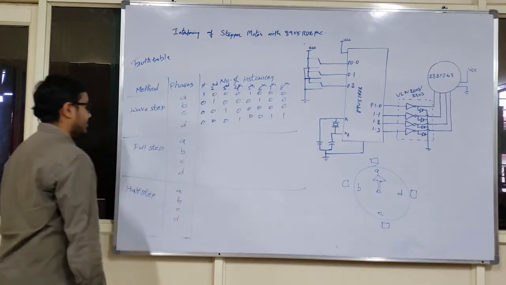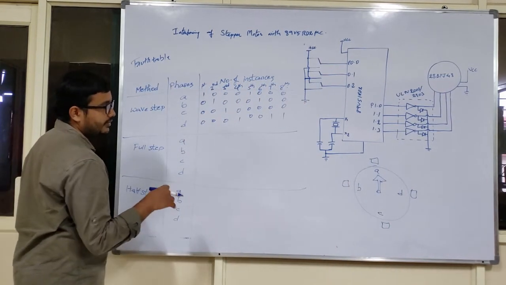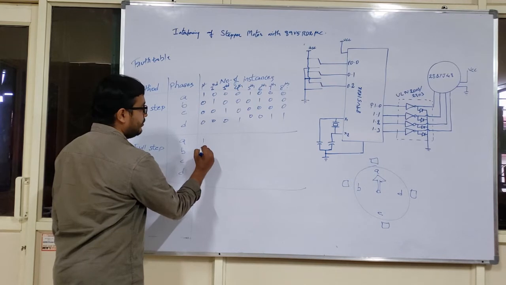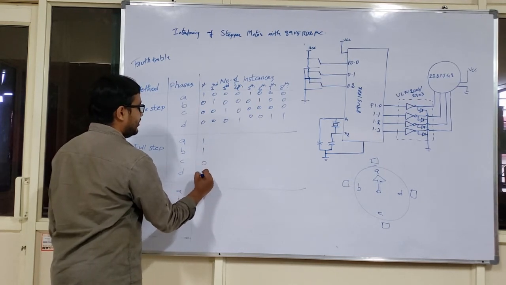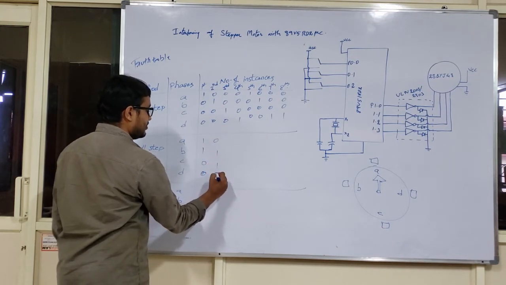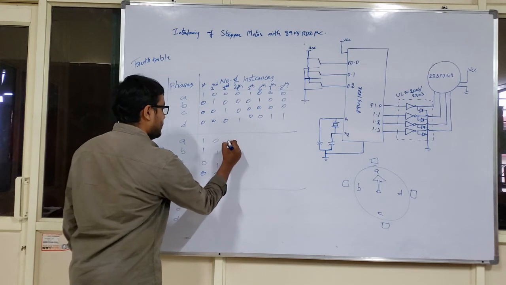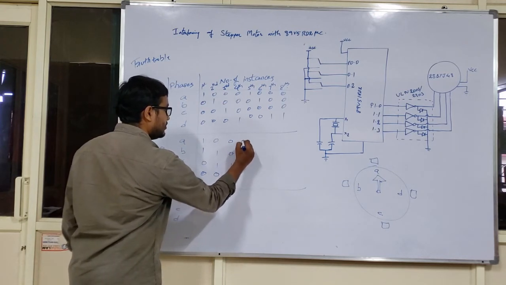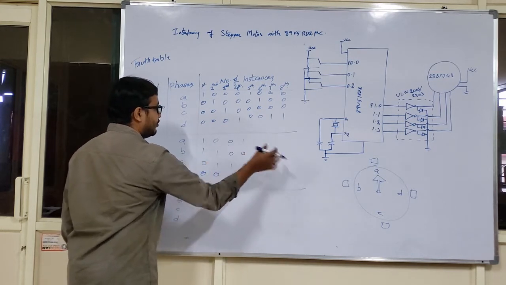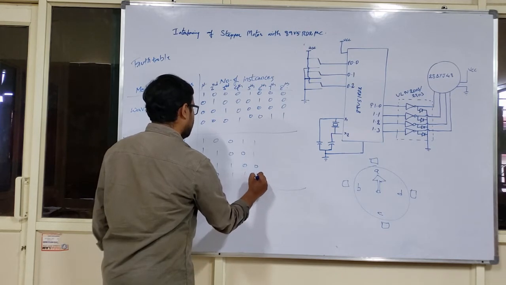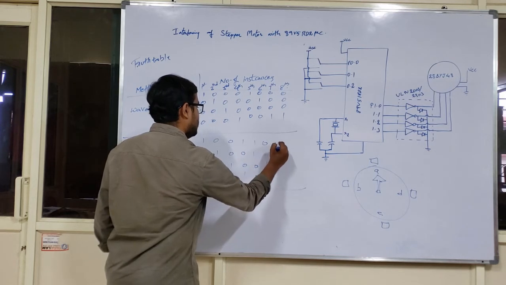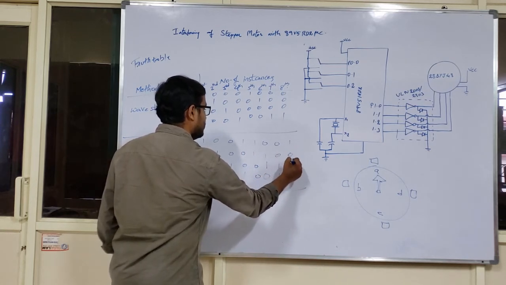Now coming to full step, it is in between phases. If it is in between A and B, then A phase and B phase will be getting excited, and this is the scenario. And next, B and C phases will be getting excited in the next clock pulse. And the latter 1 1, next is 1 0 0 1. The same scenario will be repeated for the next 4 instances also. 0 0 0 0 0 1 1 0 0 0 1 1 1 0 0 1.